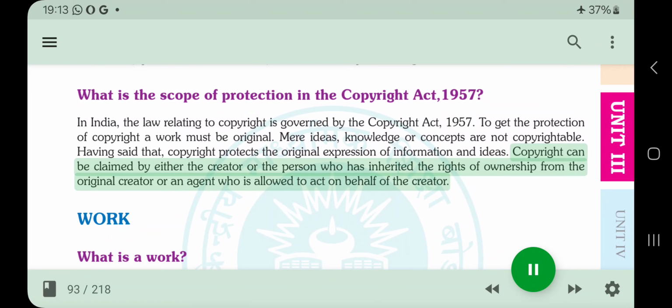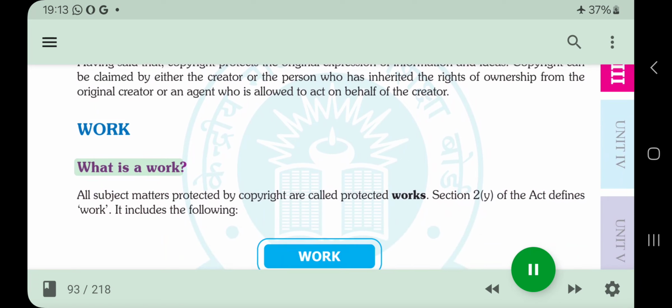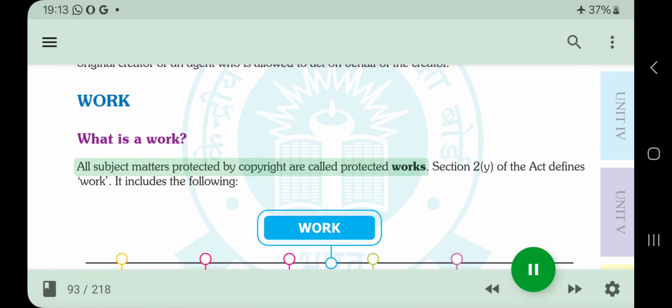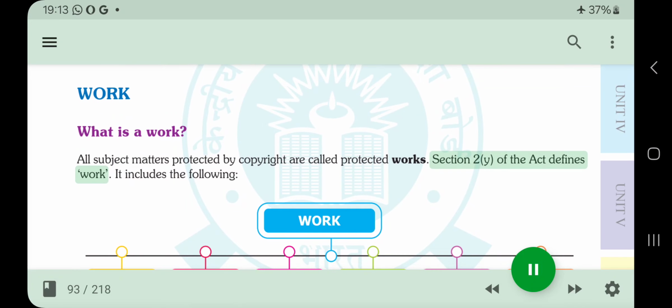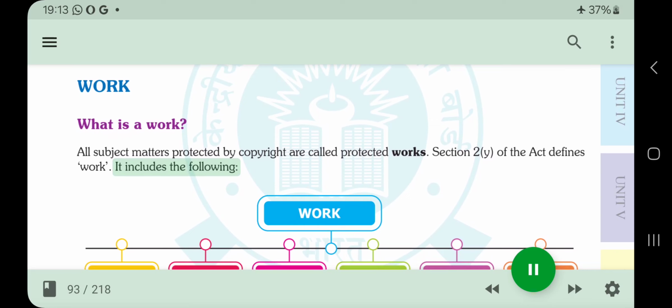Copyright can be claimed by either the creator or the person who has inherited the rights of ownership from the original creator, or an agent who is allowed to act on behalf of the creator. Work. What is a work? All subject matters protected by copyright are called protected works. Section 2(y) of the Act defines work. It includes the following: